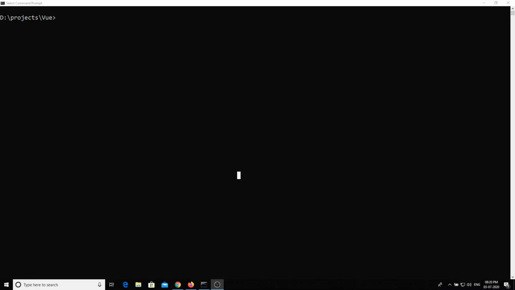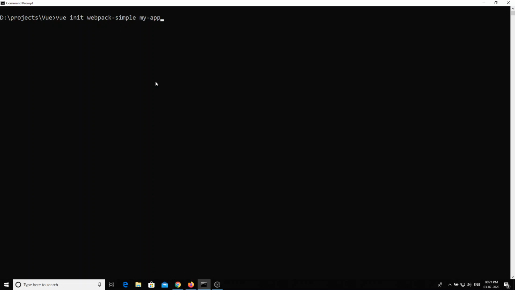For that, what we can do is write vue init webpack-simple and the project name. We are using Webpack to build the application. This command will automatically create the Webpack configuration file and everything on the fly.